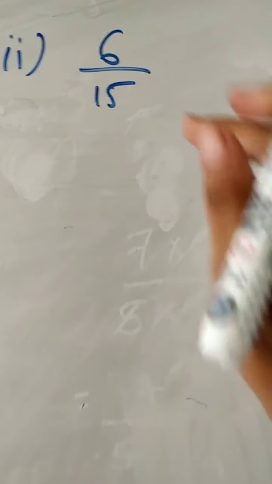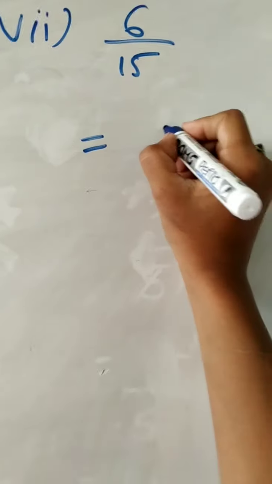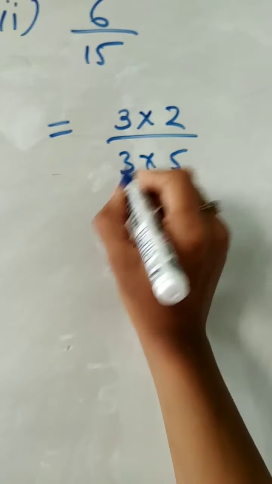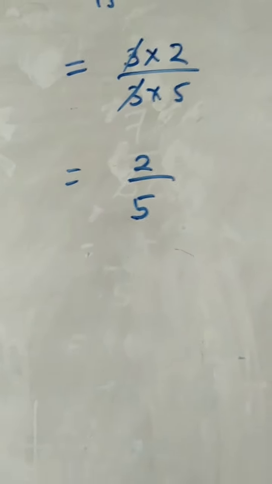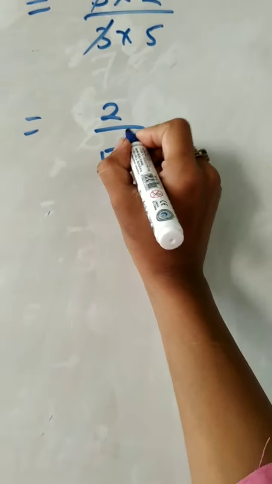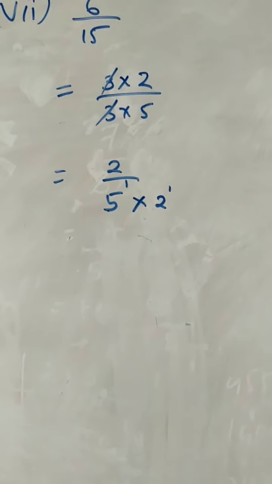Now here is the next question. As I told you, first we will reduce it. We already did that in question 1. So it will become 3 2s are 6, and 3 5s are, meaning 3 we will reduce. It will become 2 upon 5. So as we know, it is not in the form of 2 raised to n, 5 raised to m. Here the power is 1, so we want 2 as power 1. So we will multiply that 2.